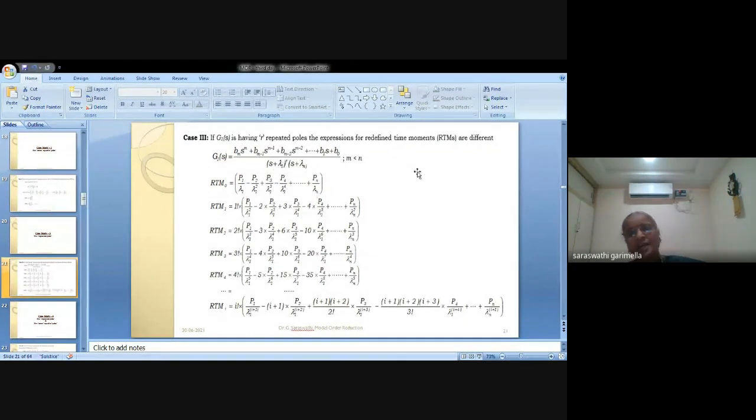Suppose I have r as 2. When I do partial fraction, what do I do? A by s plus lambda 1, plus B by (s plus lambda 1) whole square. I have to write this to find the residues. Even in Jacobian matrices and all, they do this differently for repeated poles. Here those things are not there for an ordinary transfer function. So that's what I thought.